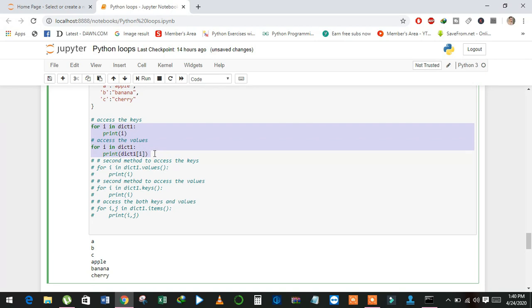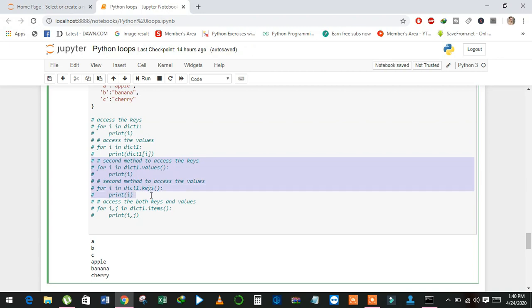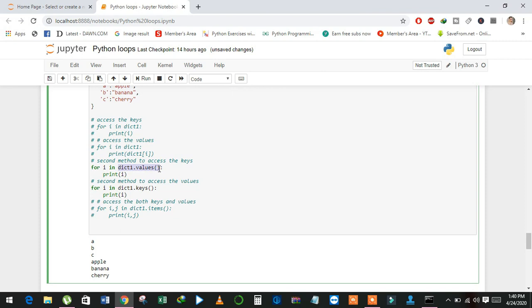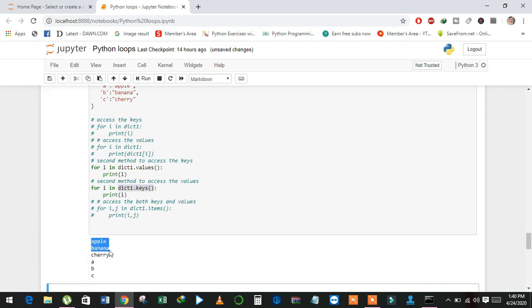And we have another method to access keys and values. See here, with dot values we can access the values, and with dot keys we can access the keys of a dictionary. And see here, values and keys.